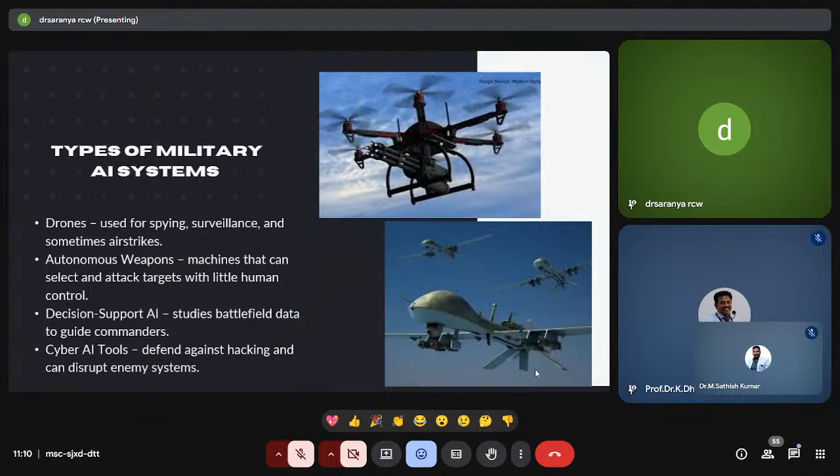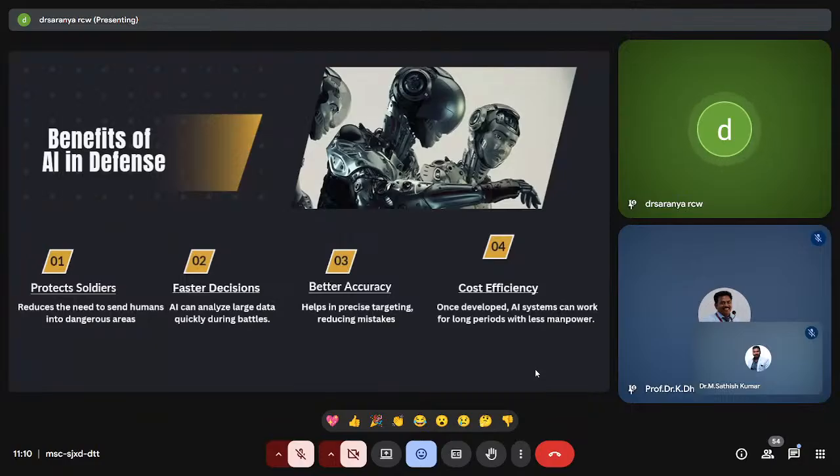Let's see the types of military AI systems. First one is drone. We already know drones, but these types of drones are used in the military for spying, surveillance, and sometimes airstrikes also. Second one is autonomous weapons. It is a machine that we already see that will